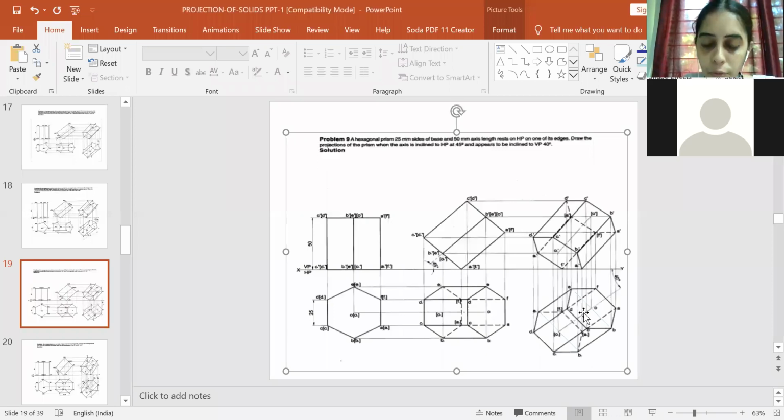Okay, so we got all the corners. After this we darken the top surface also. Then you replicate the same thing, as in which lines are visible. No difference, the only thing is the axis is shifted to 40°. So after this